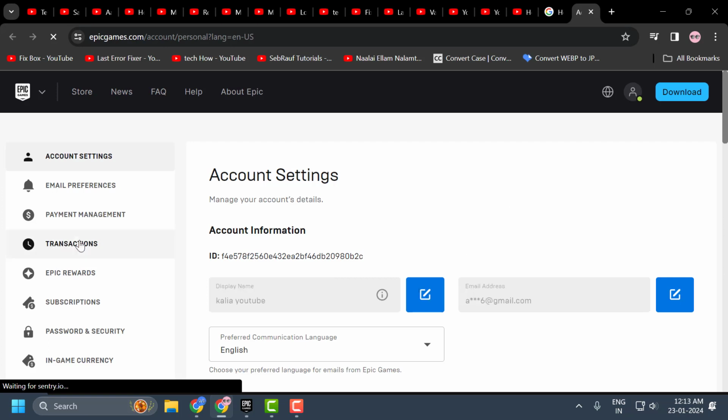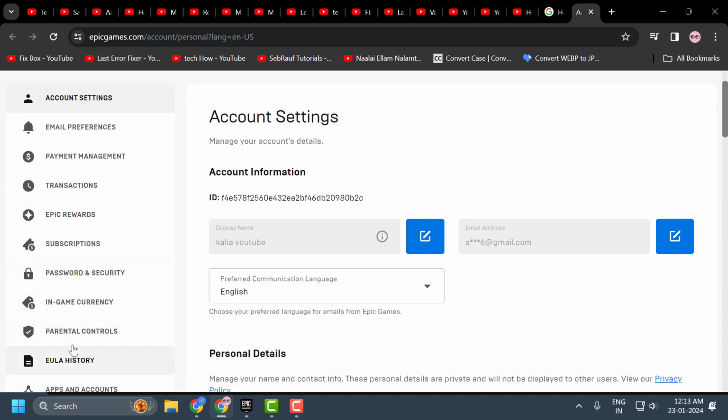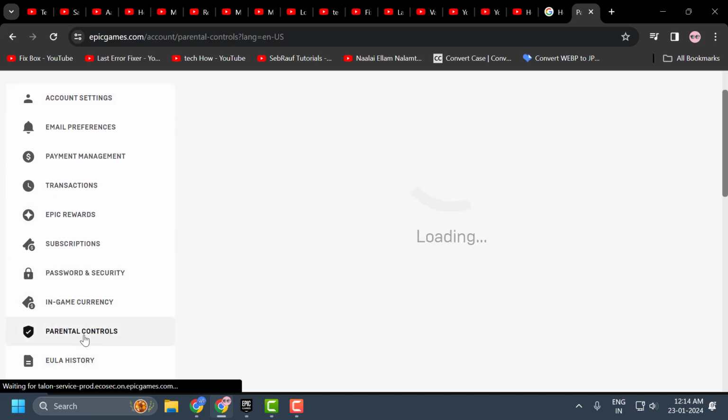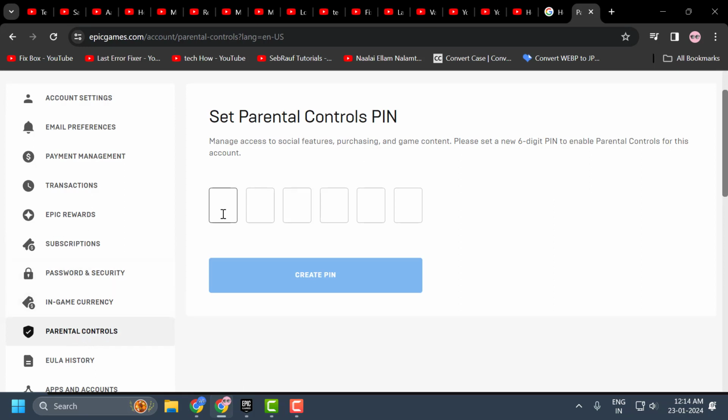Now in here you just need to select the parental controls over here on the left side. Now in here you just need to set a parental control pin. You just need to set it. After typing the pin, you just need to select create pin,